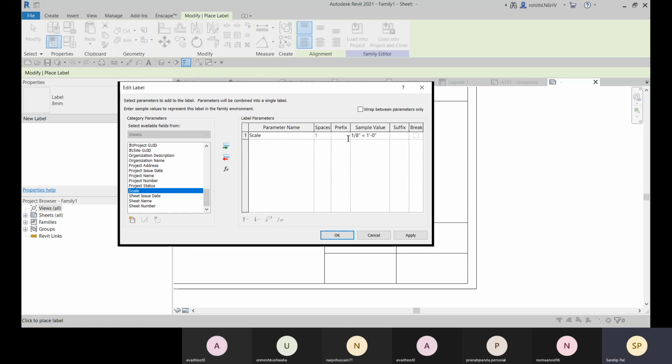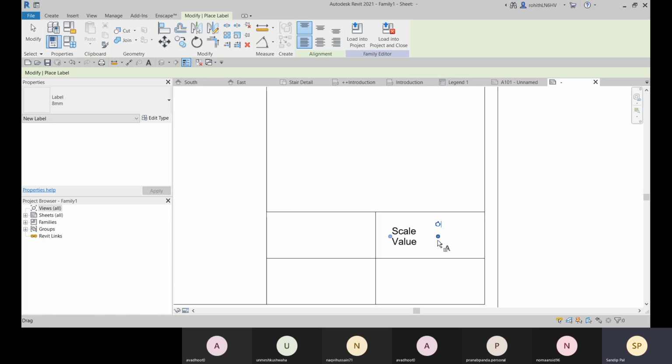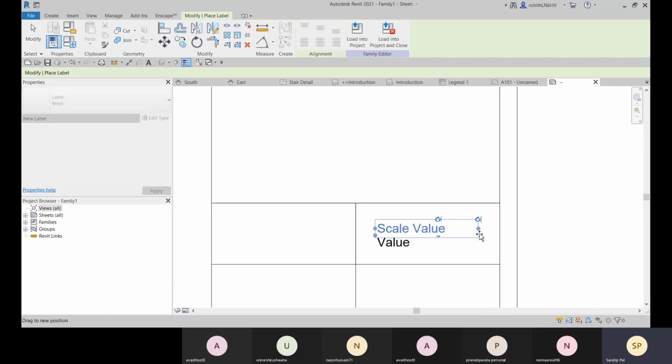And if you want to add any prefix, you can add it in the prefix, and this is right now the sample value, so nothing to change here. And if you need any sample value, you can provide it here also, like the scale value or else RF factor, anything you can type here as a sample value, and here it is added, and you can just drag it to increase the area.